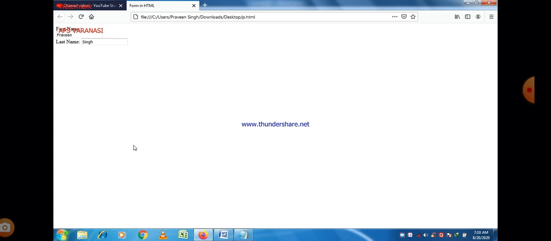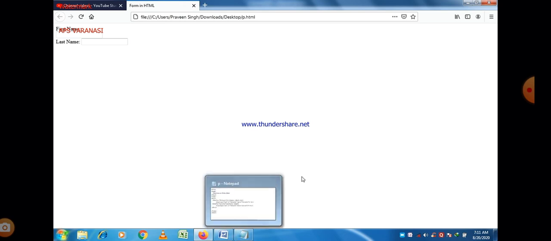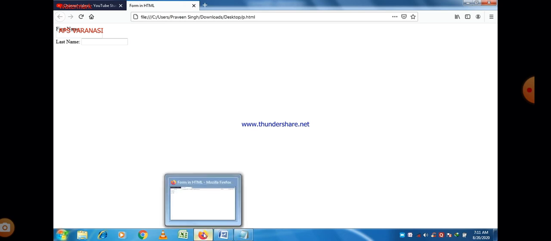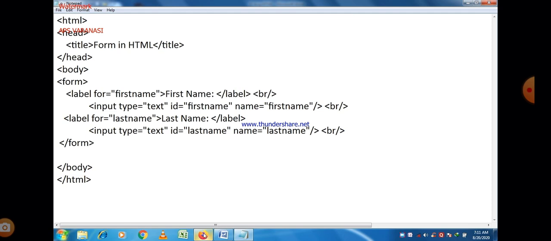In that case, you can easily see that after last name there is no line break here. This is the previous data, you can delete it. If you want to make the second text box in another line, just give the BR statement just after the declaration of the label.